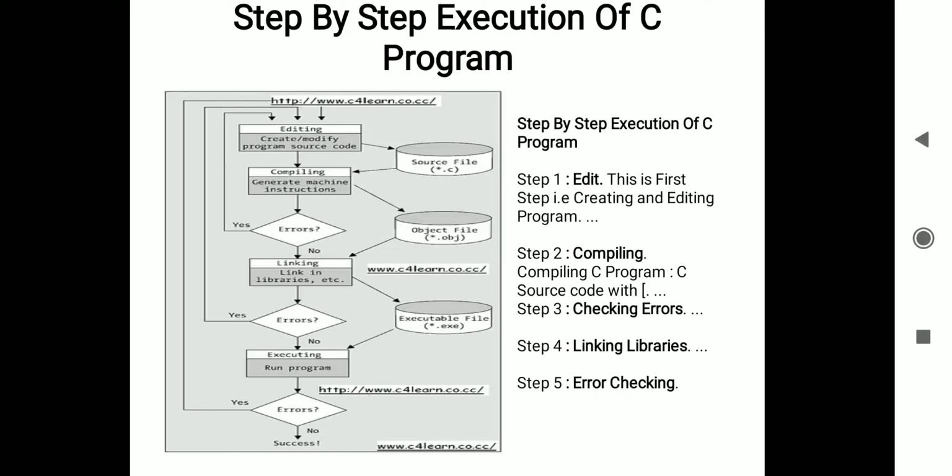Means there are 5 steps of C programming execution. First one is editing, second is compiling, third is checking the errors, fourth is linking libraries, and last is error checking.